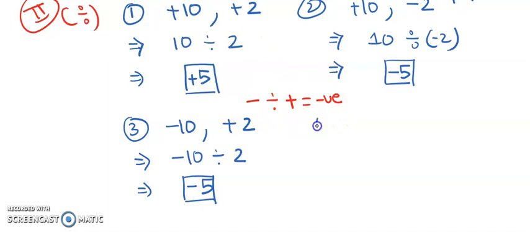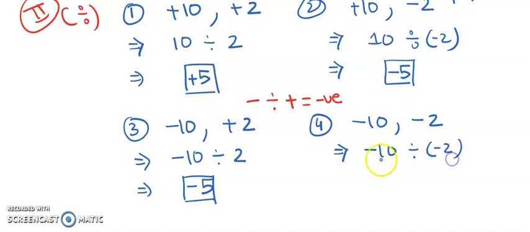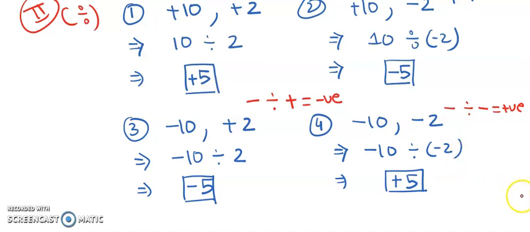Now let us talk about the fourth and the last rule for division. Let us take the first integer negative, as well as the second integer also negative. Let us divide them. So minus 10 divided by minus 2. The answer will obviously be plus 5. No change in the number, that is 5, but it will come as plus 5, not minus 5, because it should be kept in mind that when a minus number is divided by a minus number, the answer will always be positive. So these are the rules that you have to remember.